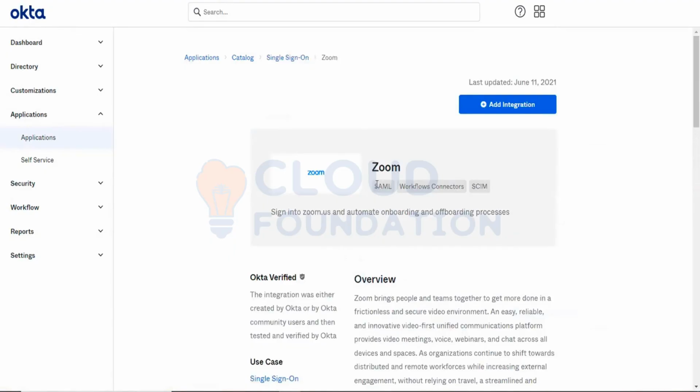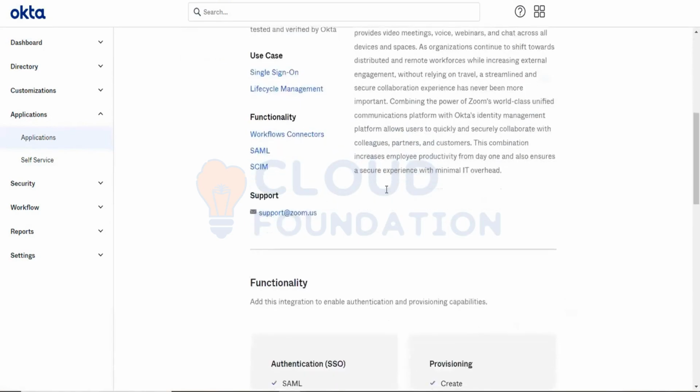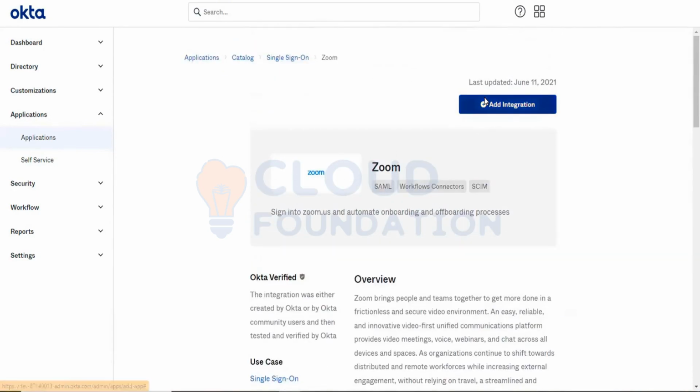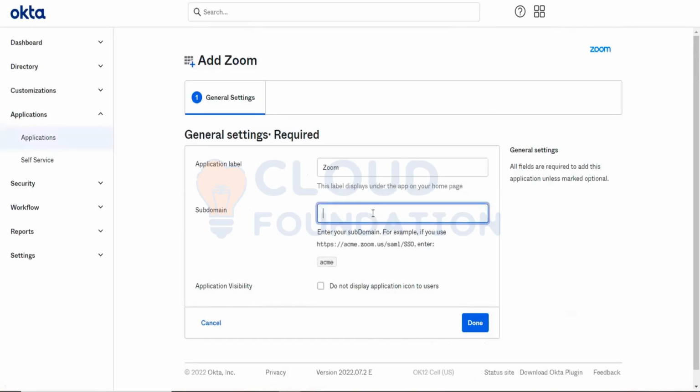Here you can see these are all the protocols that this Zoom application supports. You can select SAML, you can select workflow connectors, or you can select SCIM. I'll go with SAML right now. No other thing that I'm looking for. Let's select SAML. Click Add Integration. You need to enter the subdomain. Here you can see, if your Zoom URL looks like https://acm.zoom.us,